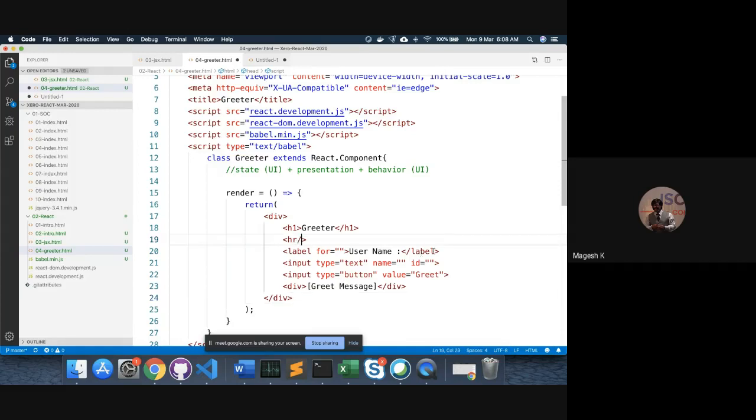So the HR has to be closed, the input tag has to be closed, the button has to be closed. So this is one difference: every open tag must have a close tag. And then the other difference is, remember that these are all converted into JavaScript, and in JavaScript